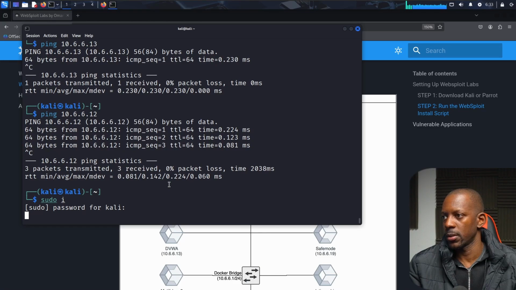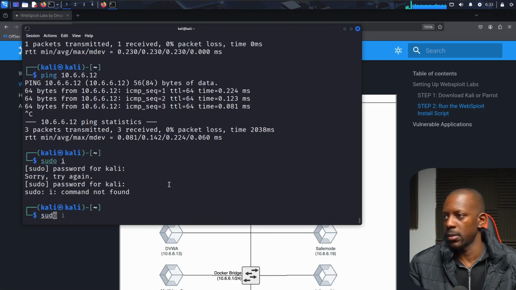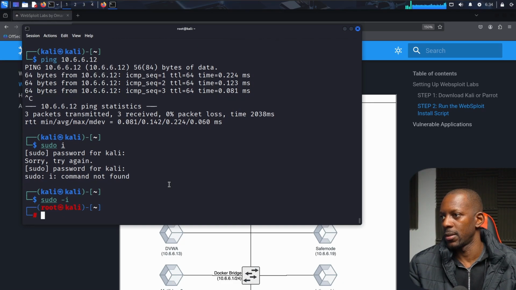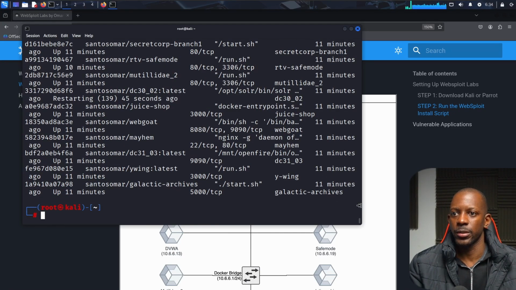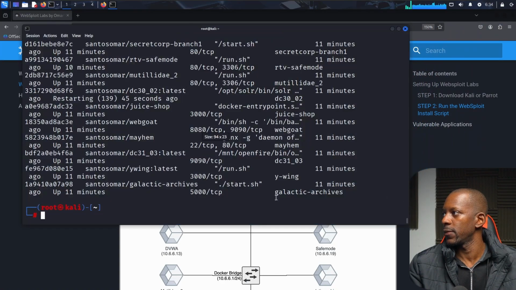That's wrong. That's wrong as well. Okay, is it -i? Okay, docker ps. So this is going to list all the containers running, and let me see if, okay,